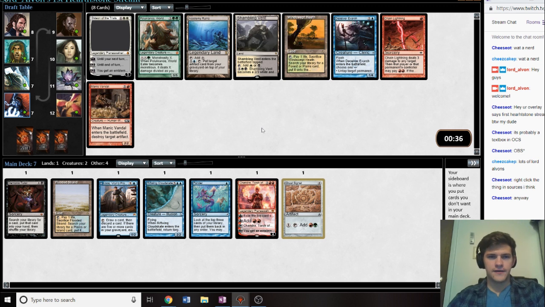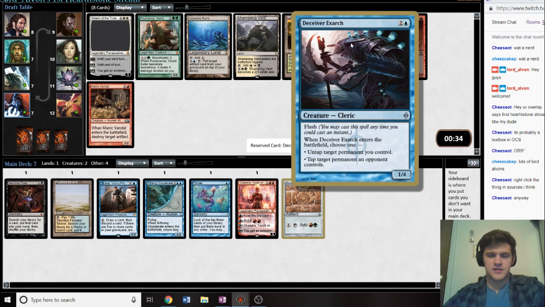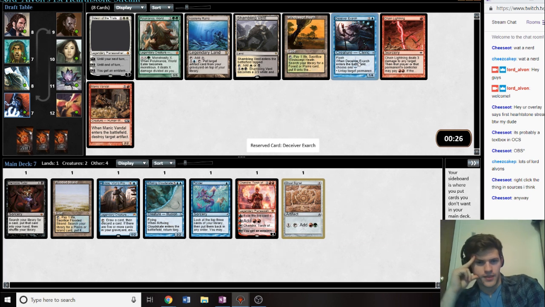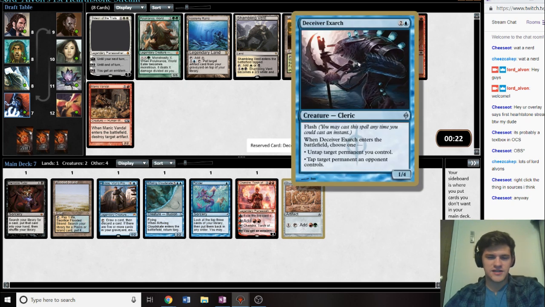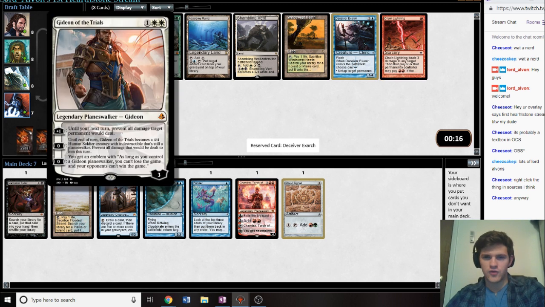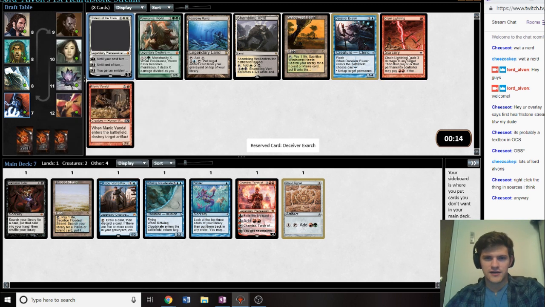Okay, all right. So Deceiver Exarch has come around. All right, that's pretty good. The Pestermite was in a couple packs ago, so this could be a good time to pick up a Deceiver Exarch potentially. I also wouldn't mind this Chain Lightning or the Gideon if I wanted to try to draft white, but red is looking reasonably open here,